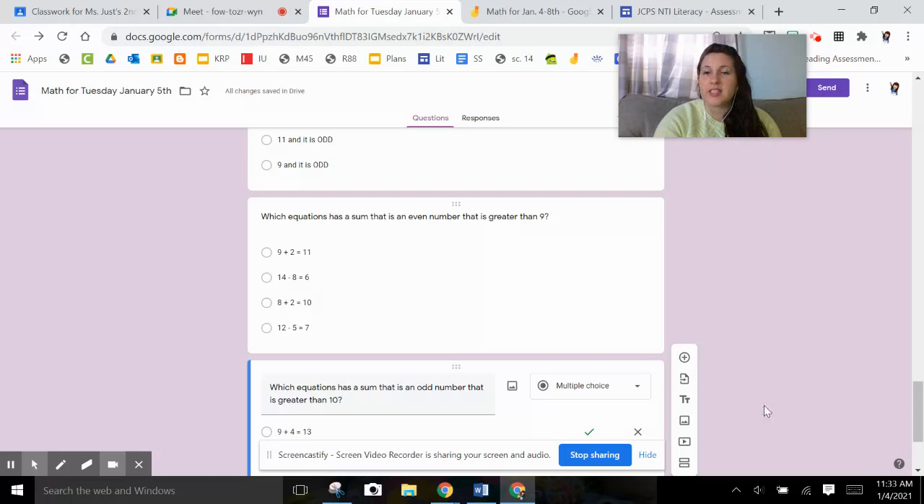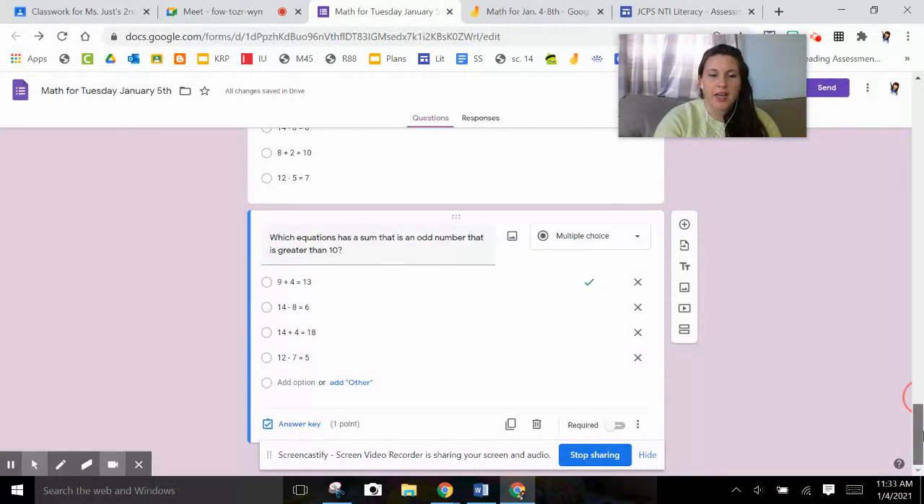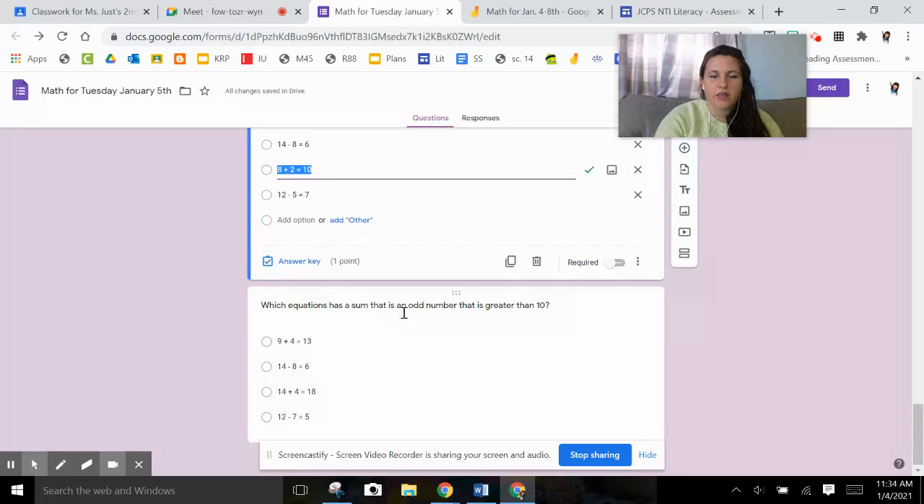And then you're going to decide, once those are even, which one's greater than 9. And then same thing with this one down here. You're going to find which equation has a sum that is an odd number that is greater than 10. So kind of like what we just asked, but there are different answers on here. So